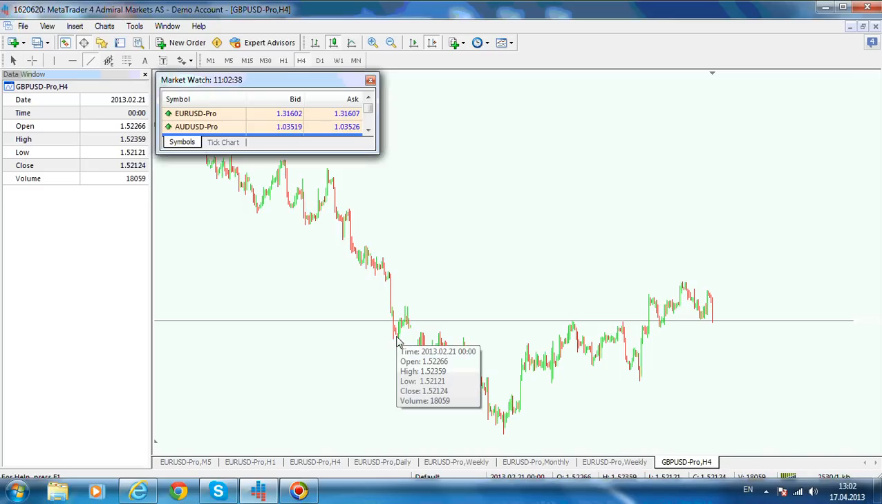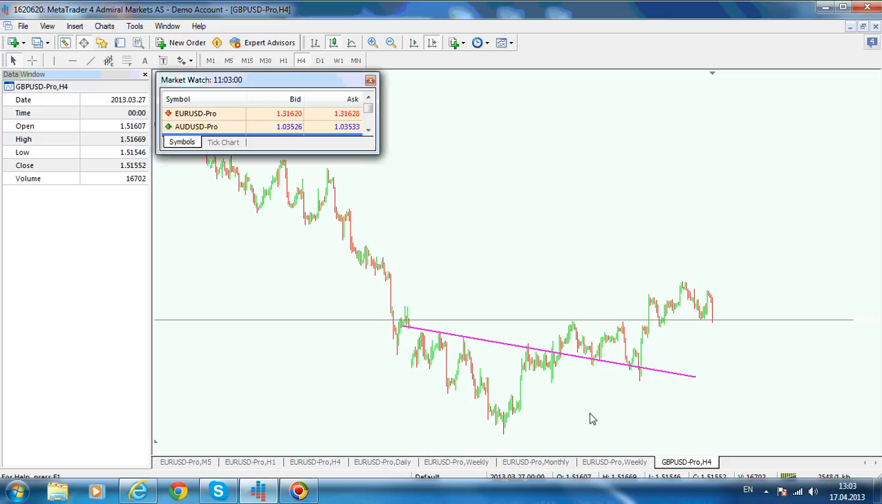For example, one of the most important elements of the head and shoulder is the neckline. Drawing a correct neckline is key to drawing the entire pattern properly. From my point of view, in here on the Great Britain Pound US dollar, we have an inverse